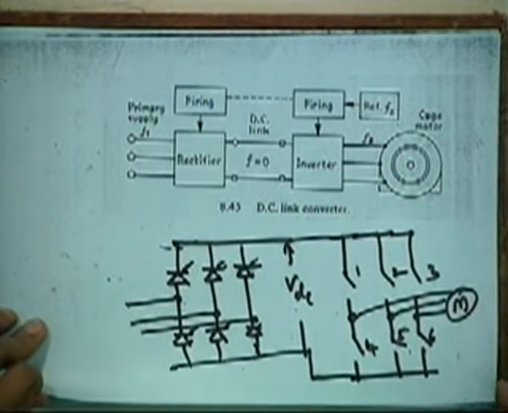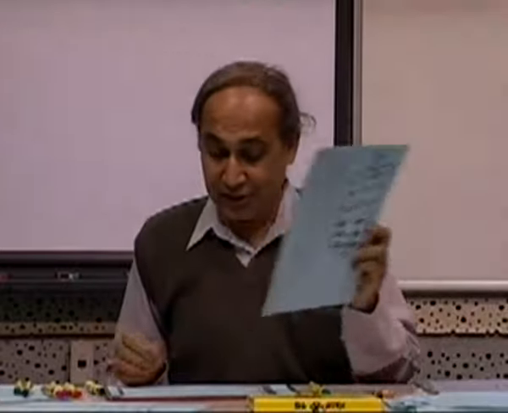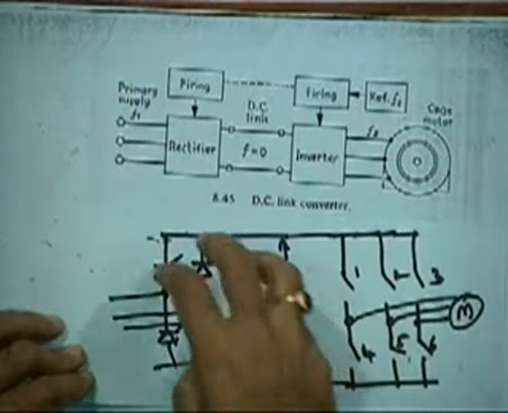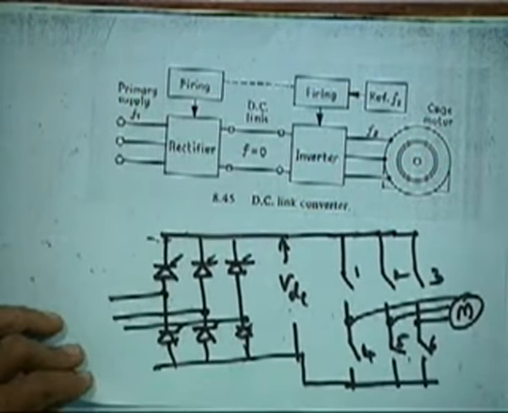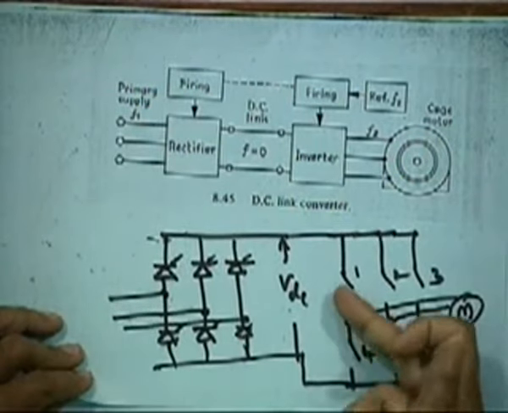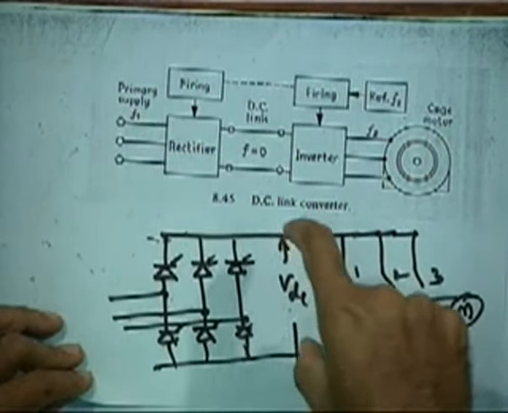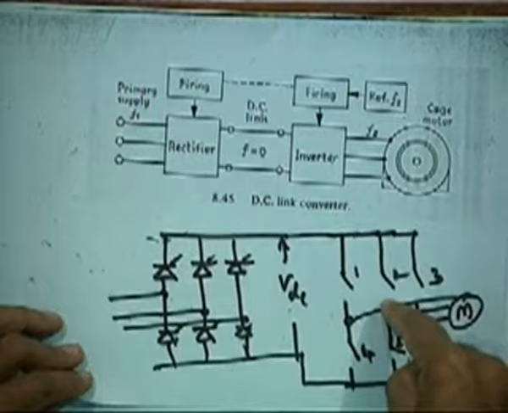variable frequency here. Okay, so this is a practical circuit: rectifier, inverter, and these devices are one of those devices which I have mentioned, thyristor, transistor, whatever it is, and how you can control the voltage here and control the frequency here. Okay.